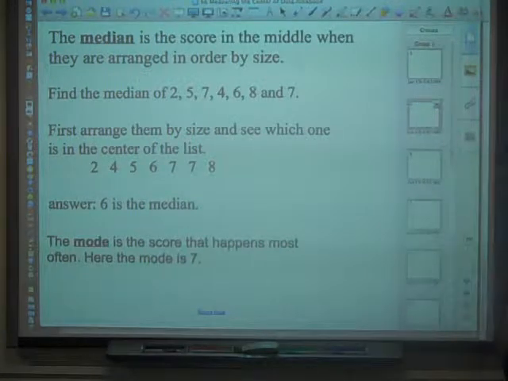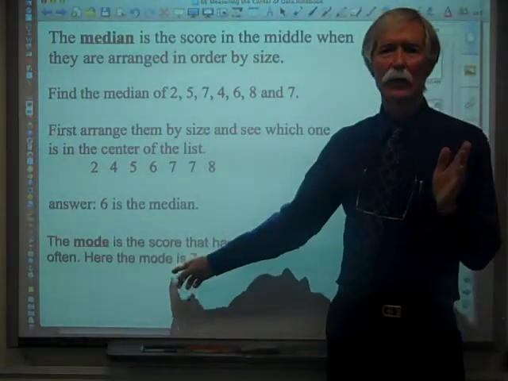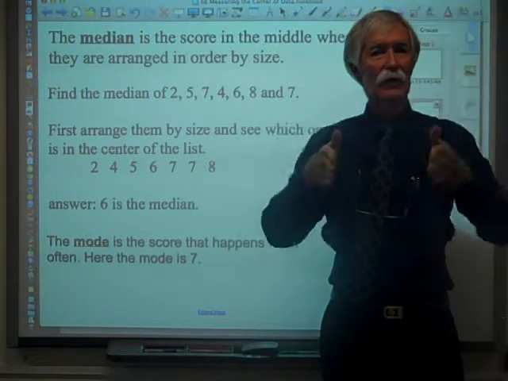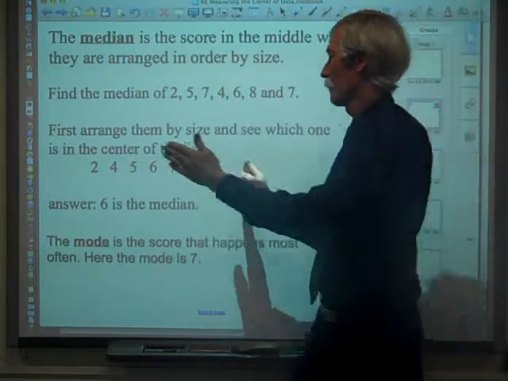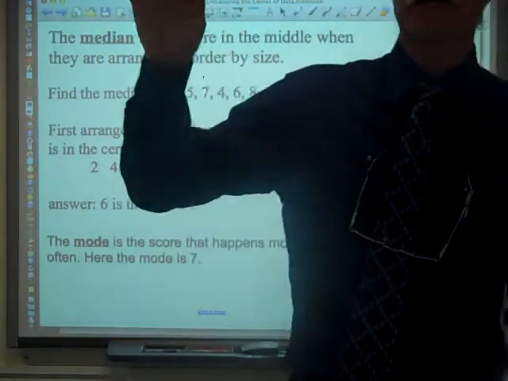Why do you need 3 of these? I think the mode is pretty self-explanatory. It is interesting to find out which group is happening the most often. Why do they ever use a median anyway? The median is used if you have several